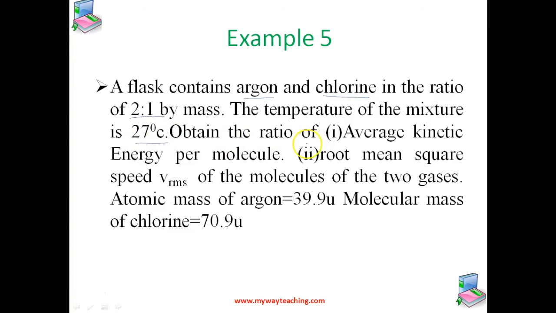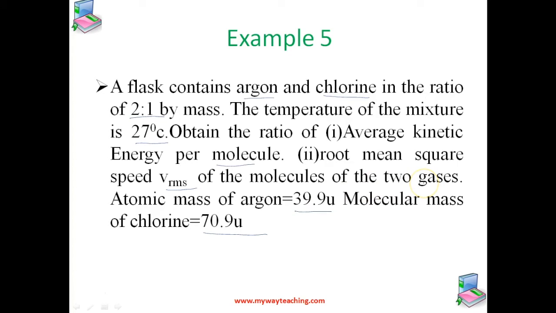Obtain the ratio of average kinetic energy per molecule, root mean square speed, that is Vrms, of the molecules of the two gases. Here they have given atomic mass of argon is 39.9 mu and molecular mass of chlorine is